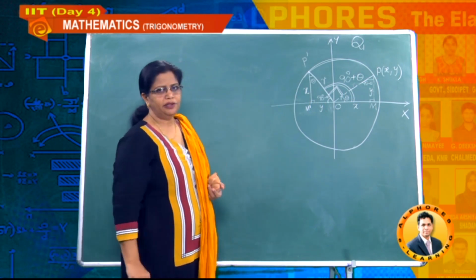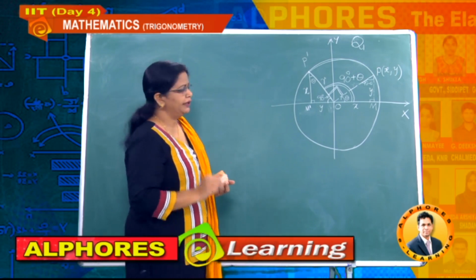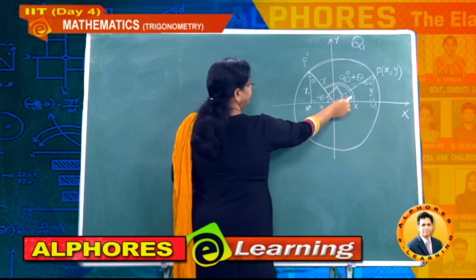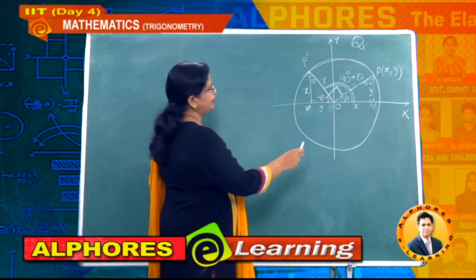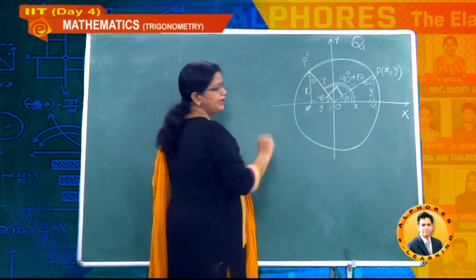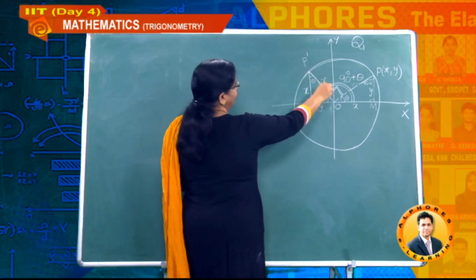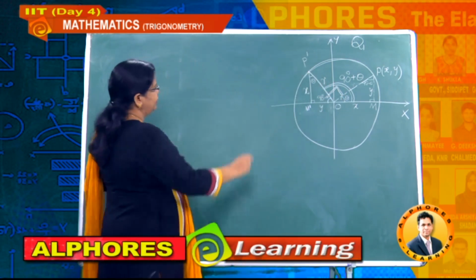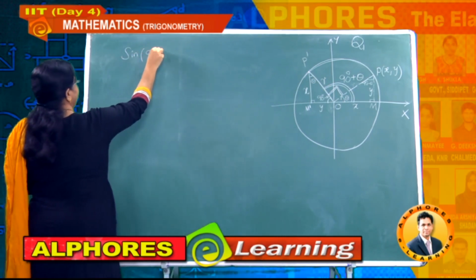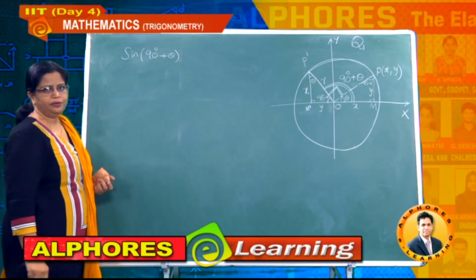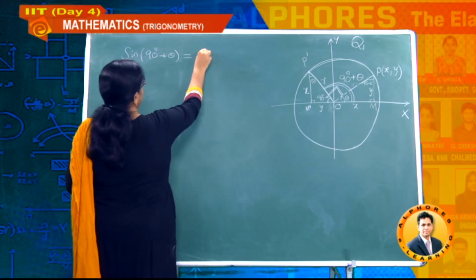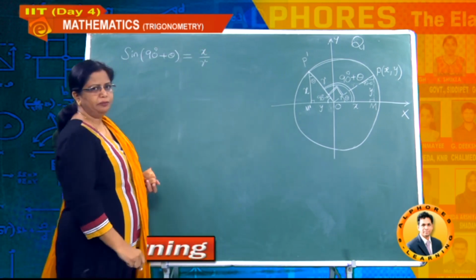Now students, I think you got a complete idea regarding the diagram. Now what is sine of 90 plus theta? Same definition, nothing is new. Sine of 90 plus theta is the opposite side. What is the opposite side? X divided by hypotenuse, how much is it? R. So now I am writing here sine of 90 plus theta. This 90 you can use as pi by 2 also. So sine of 90 plus theta equal to how much did I get? X divided by R. This is the opposite side.